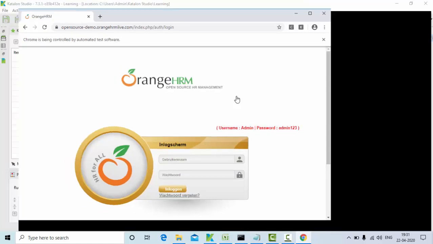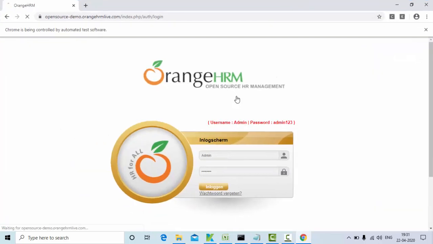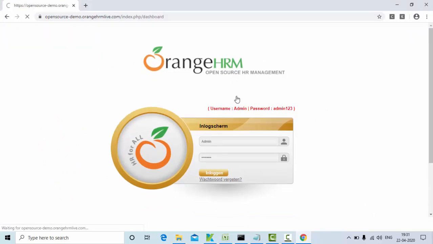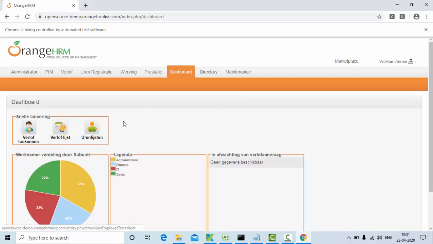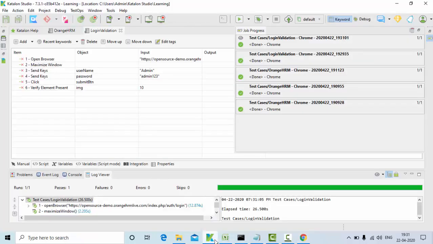It should maximize now, enter user ID and password, and it should click on this. Clicked on it. Now it is validating this particular image, guys. Okay, now you can see everything got passed.